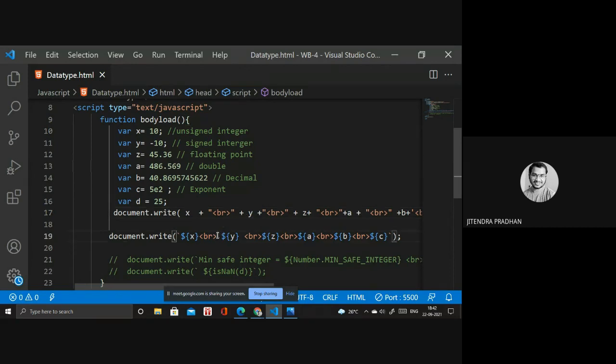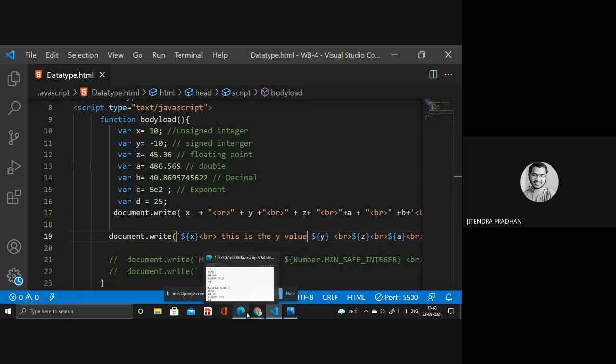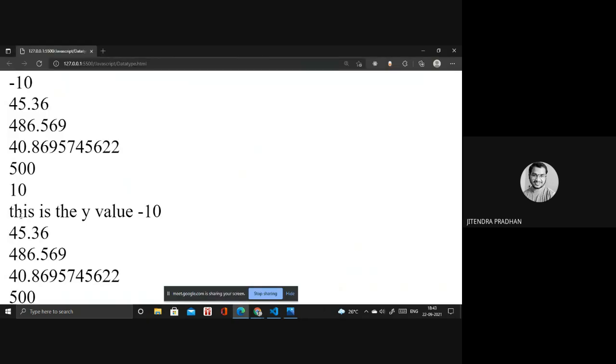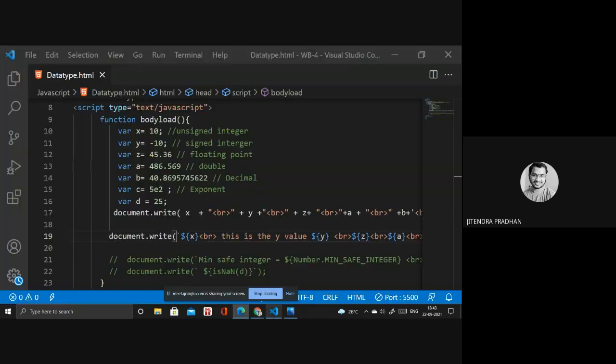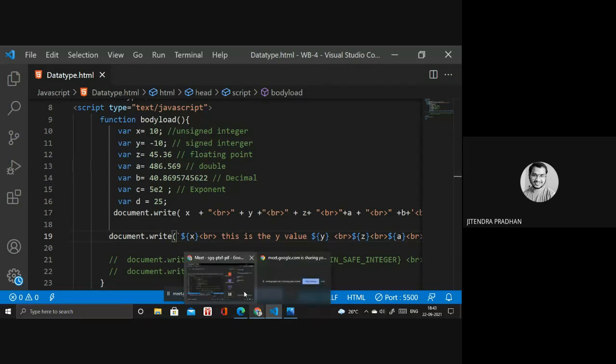If you want to write something inside the backtick, we are not using any particular double quotation or single quotation. It is already counted as a string, and it doesn't require quotation marks. Have you heard that? So always we are using backtick. I hope you got this point. If you have a doubt, you can ask me in the chat box.